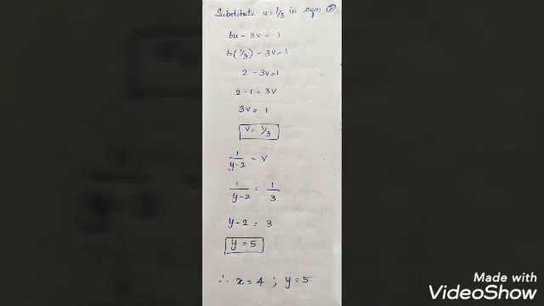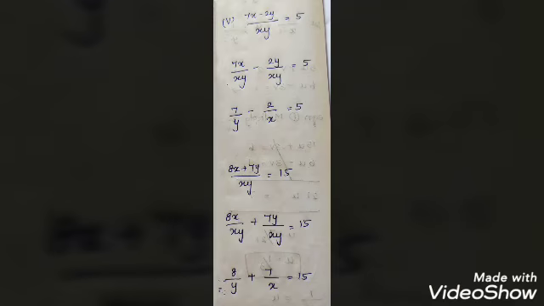Next 1 by y minus 2 equal to v. In the place of v, 1 by 3 we have to put. So y minus 2 equal to 3. Y equal to 3, the minus 2 will come this side plus 2. So y equal to 5. Hence we found the value of y. So x is equal to 4 and y is equal to 5. The major thing is you have to take the denominator fraction as u and v, and use this eliminating method and the substitution method.